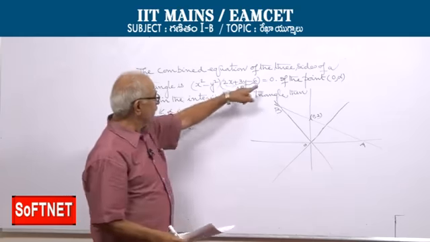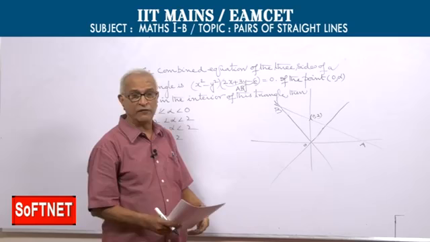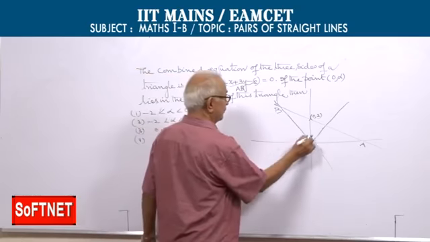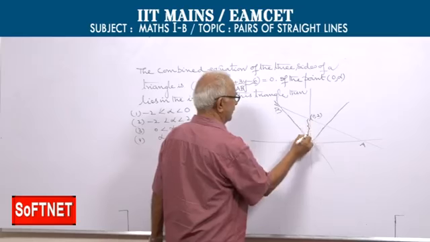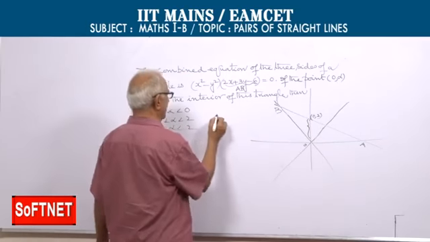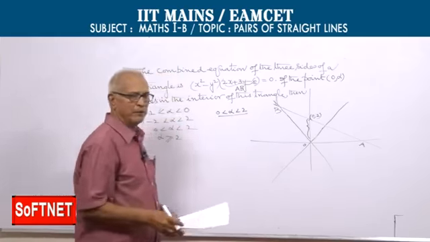So 0 alpha means a point on the y-axis. This lies completely within the triangle if and only if alpha is between 0 and 2 only. So anywhere between this is the range of alpha. So alpha clearly lies between 0 and 2. This is this year's MSET paper of Telangana.